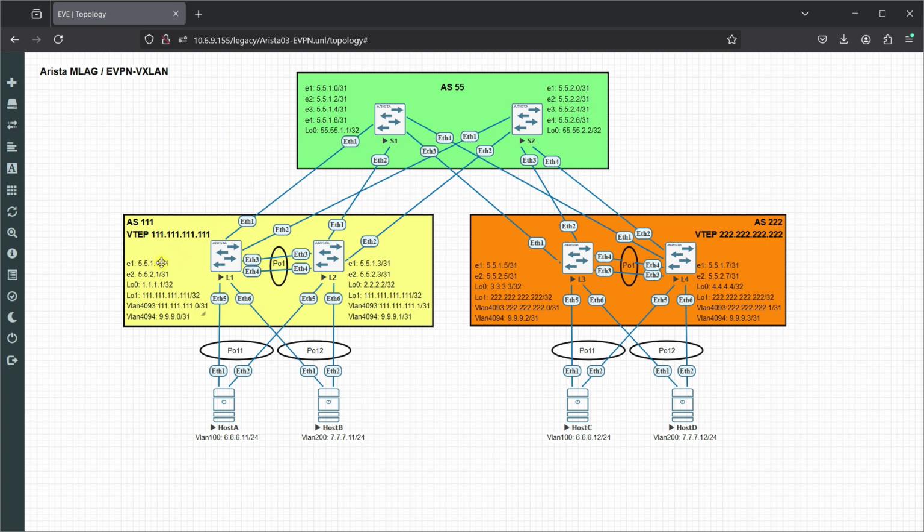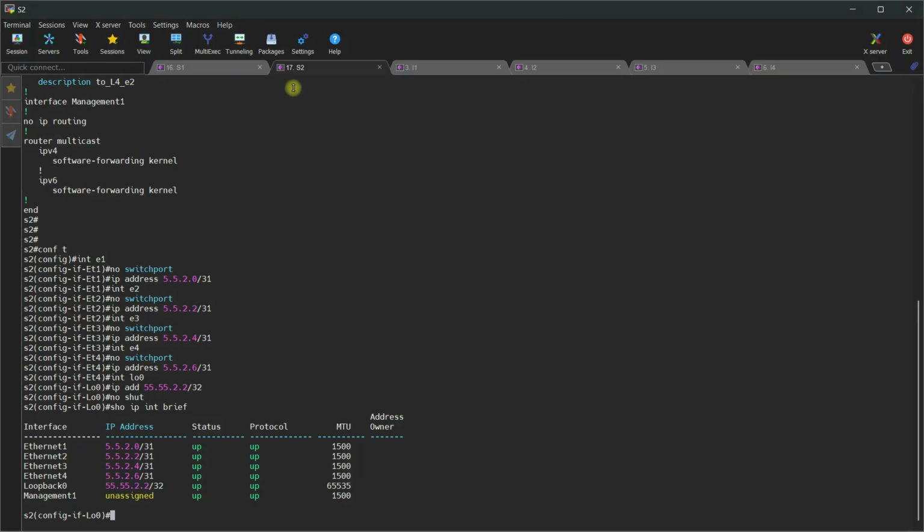So on leaf 1, it's just going to be the odd numbers now. So on 1, the last octet is 1. On 2, the last octet's 3. On 3, it's 5. On 4, it's 7. So it follows that pattern. We'll do the same. So let's go leaf 1,